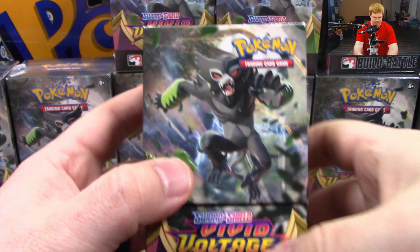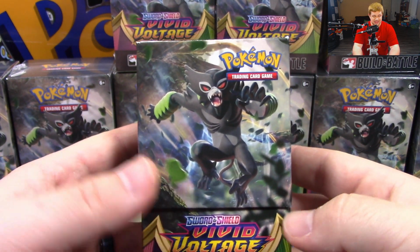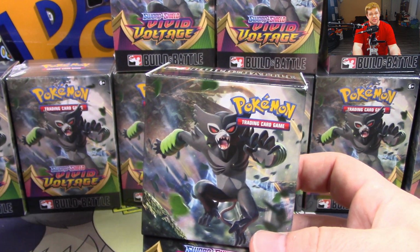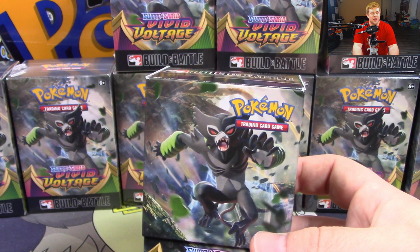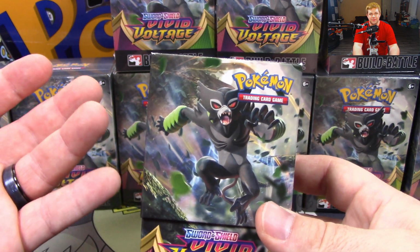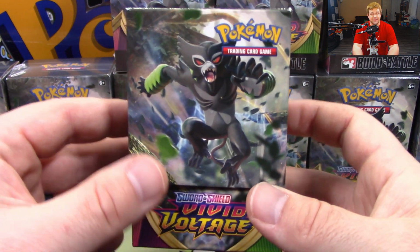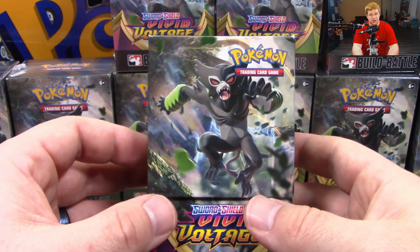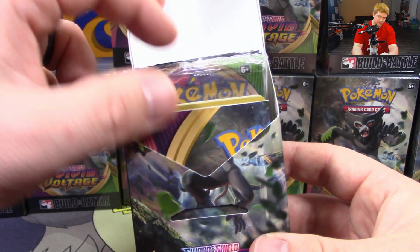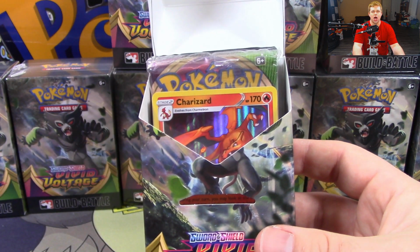Not to mention the pre-release promos are a big plus in this set for a lot of reasons. I will say, I'm not a Charizard fanboy. Like, I like Charizard, he's a very cool Pokemon, but there are people who just hardcore ride it, and I'm just like, Charizard's cool. I'm really happy when I pull Charizard cards because they're valuable, but this is the first time I'm actually really excited about the artwork of a Charizard in a long time, because the Charizard artwork in this is beautiful. And if we happen to, I don't know, start off with one,